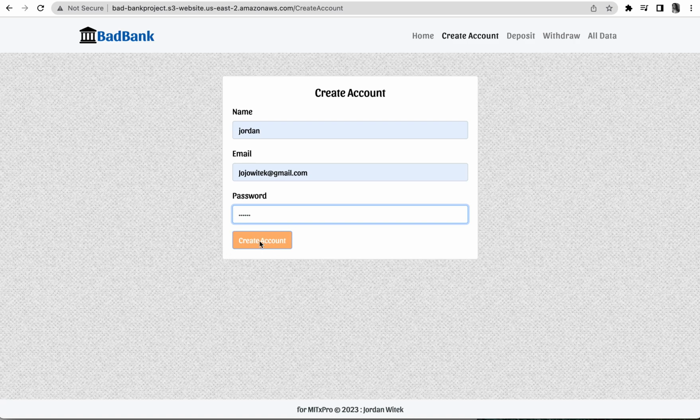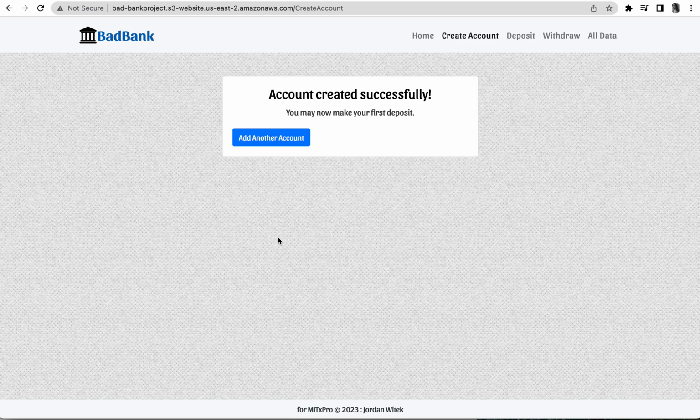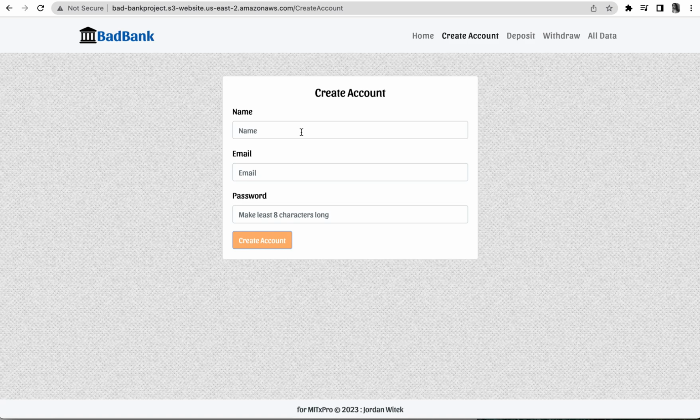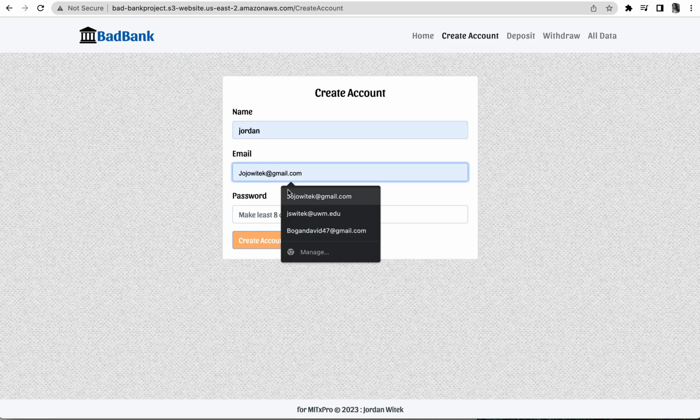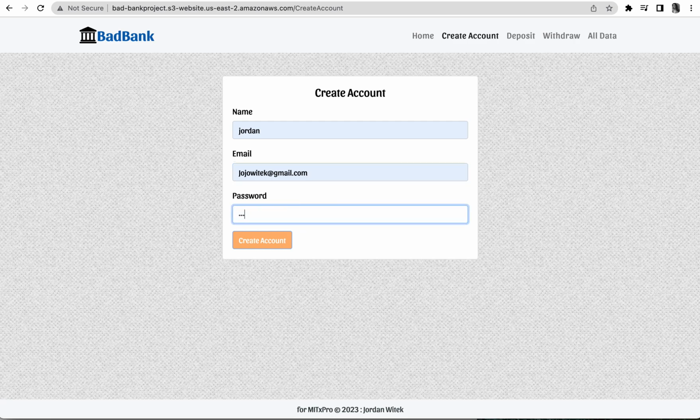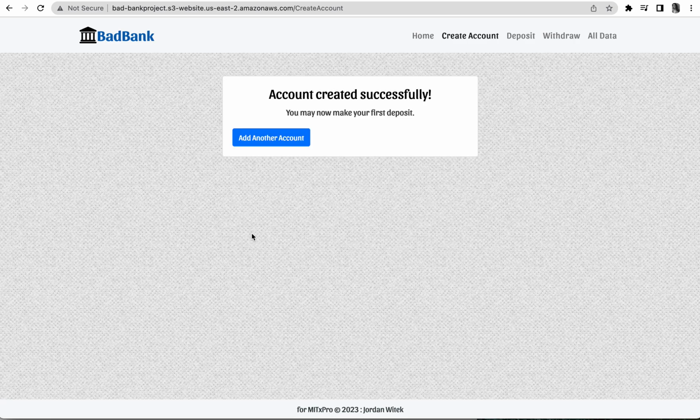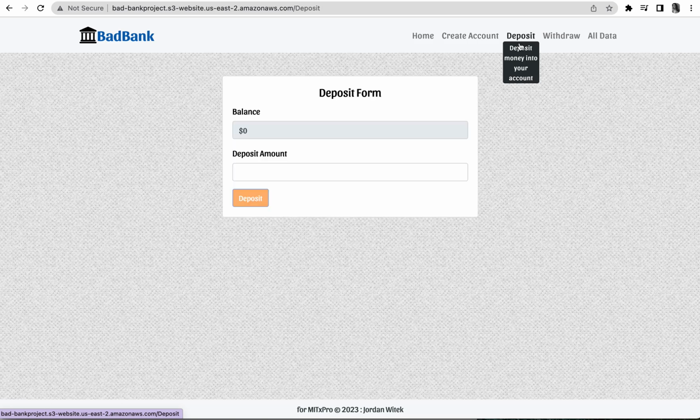As you can see, the button is not lighting up, but as you make it 8 characters long, it turns into a dark orange color instead, where you can then see that the account was created successfully. You can also go back to add another account if you would like. If not, you can just move on. So we'll type this in again. We'll create our 8 long password, create account, and then as you can see, here is the deposit form,